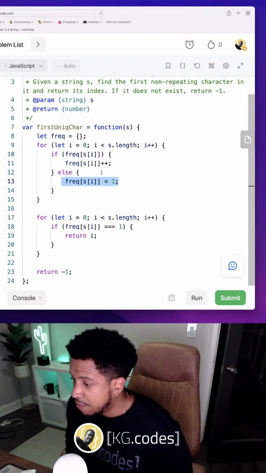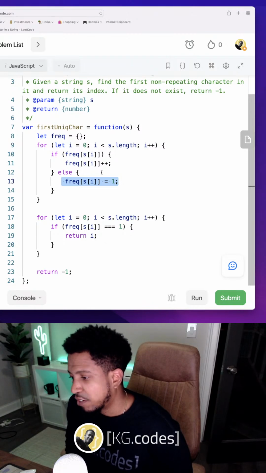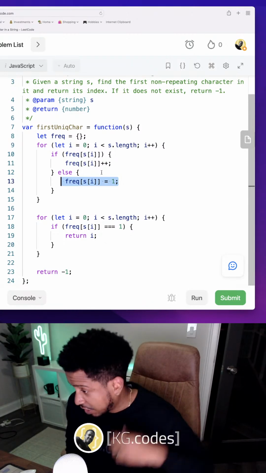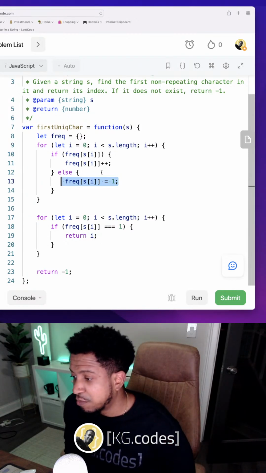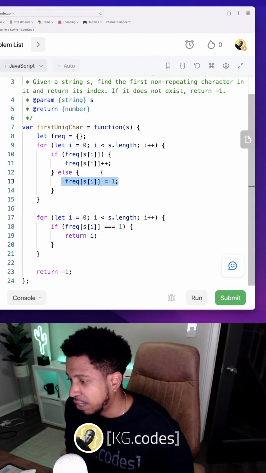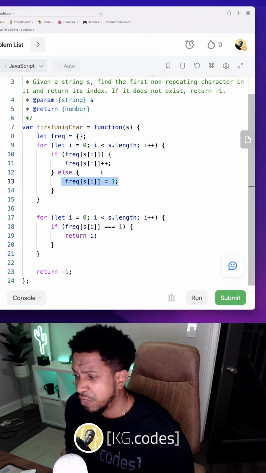Do you have to be good at math to code? Nope, you don't. You don't have to be good at math to code. I'm not even gonna elaborate on that. You don't have to be good at math to code. I said I wasn't gonna elaborate, but I barely use math at all